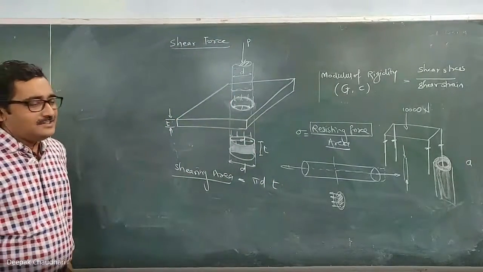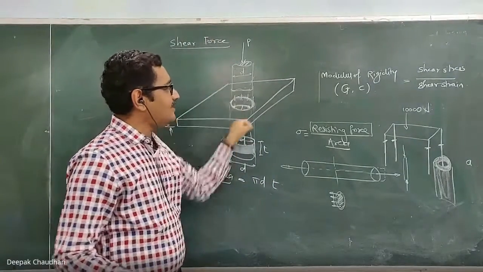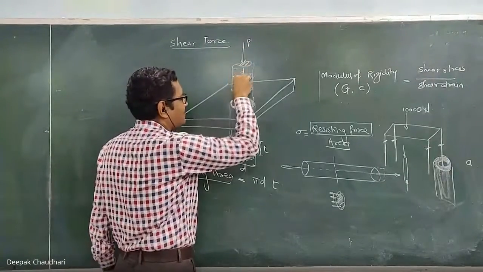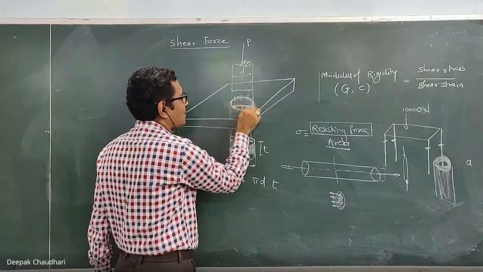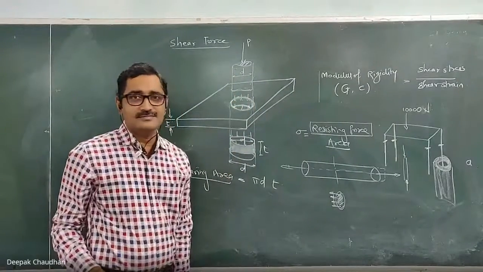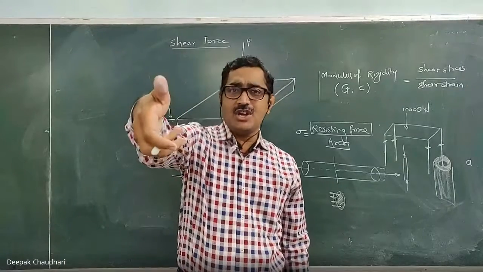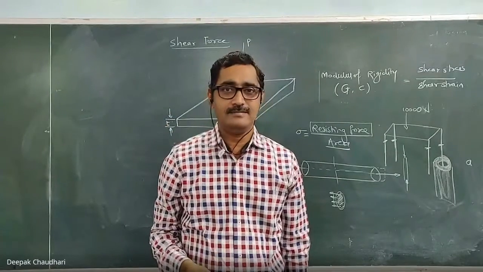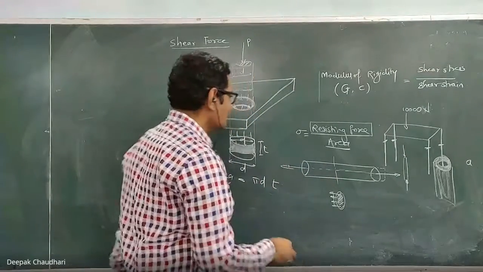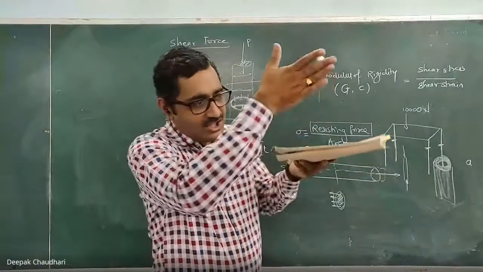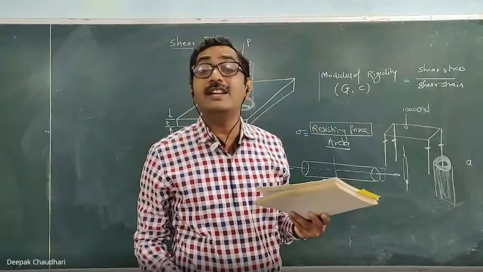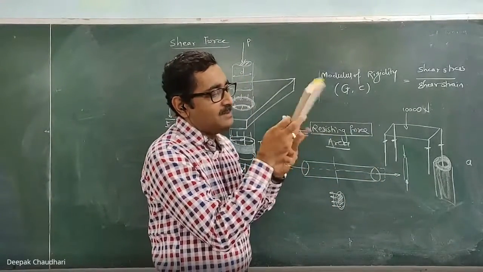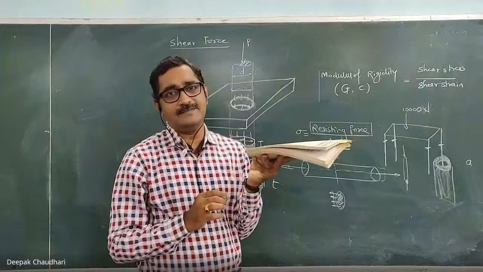Whereas in this case, when we punch a hole in a metal sheet with the help of a punch, the force acting on the punch acts as a tangential force on this plate. Just observe how the punch applies the force on the paper when you make the hole in the paper. It is applying the force tangentially to that surface where it gets cut. So in this case, the area which is being cut is the resisting area.